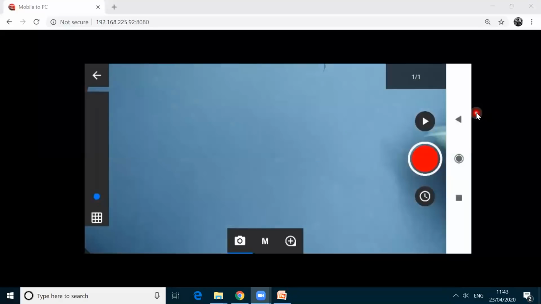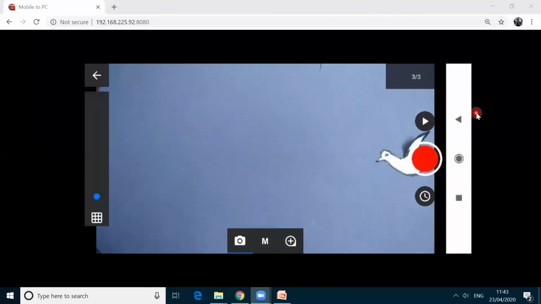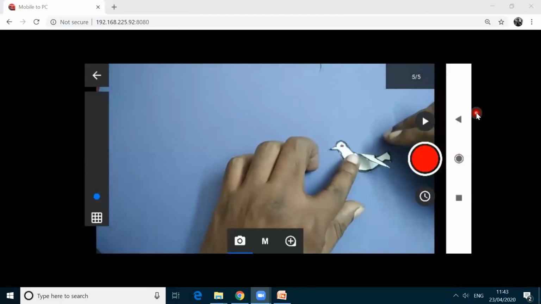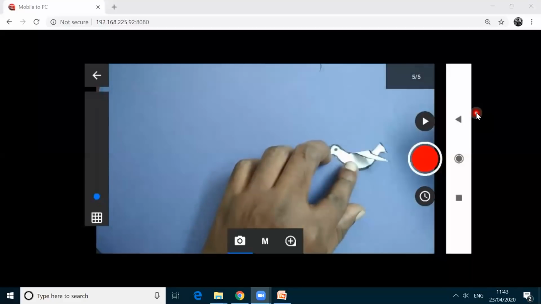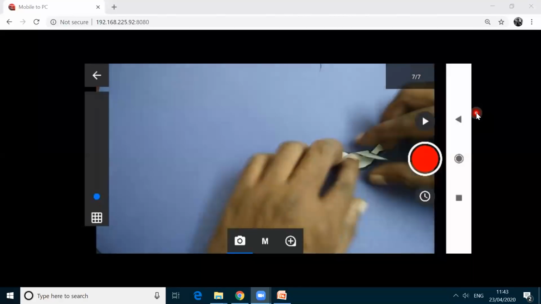Okay. Now I'm taking the photo, empty photo first. And then I'm keeping this bird here. And then I'm taking. And then I'm doing like this. And then I'm doing like this.